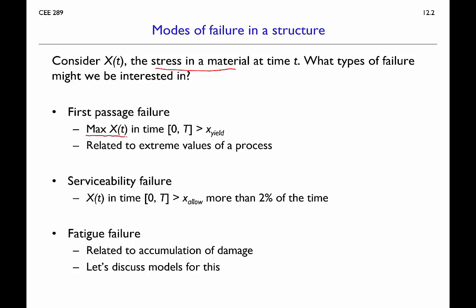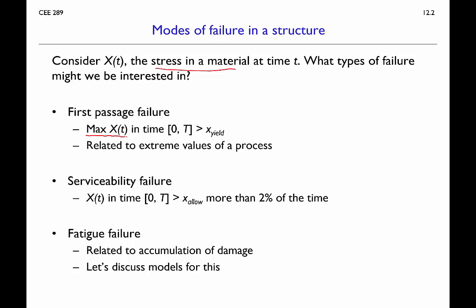Let's say there was a service life of the structure from 0 to big T, and we're interested in the probability that this x of t process could, say, exceed a yield stress. For that type of thing, we would want to think about the extreme values of the process, and we could find the probability of exceeding x yield using the upcrossing rates that we discussed